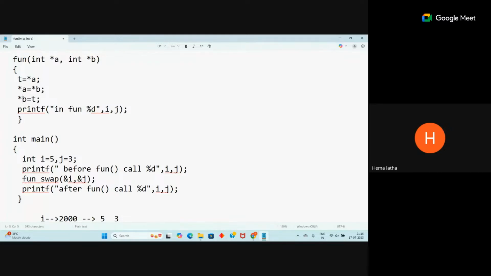So you need to write the code like this: T equal to star A, star A equal to star B, star B equal to T. So you need to interchange like this because A and B are pointers. To get the value at that pointer, we use star A because A is a pointer. Value at A is nothing but star A. Okay. So if you print the AB values,